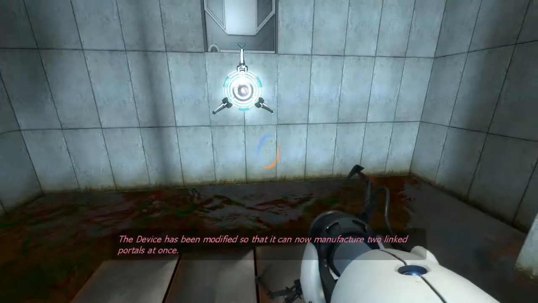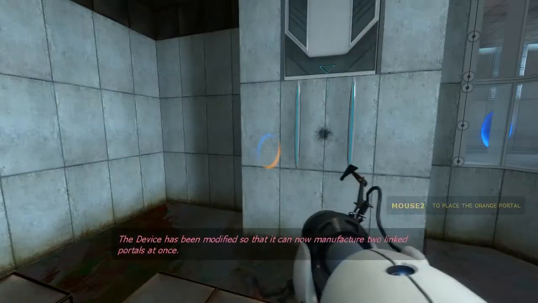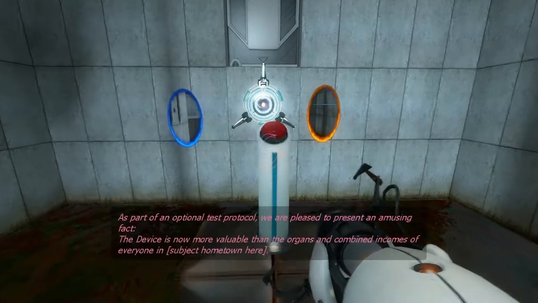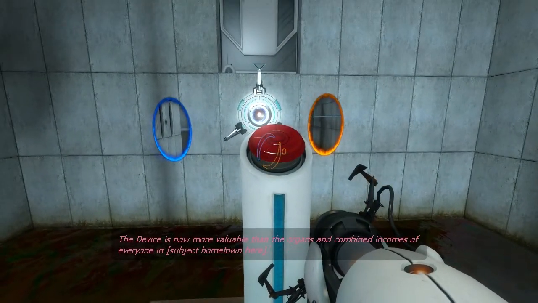The device has been modified so that it can now manufacture two linked portals at once. As part of an optional test protocol, we are pleased to present an amusing fact. The device is now more valuable than the organs and combined incomes of everyone in